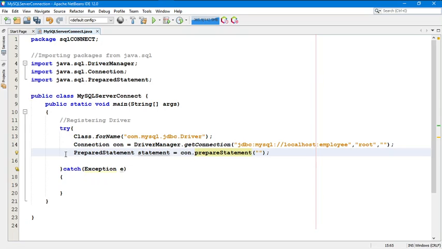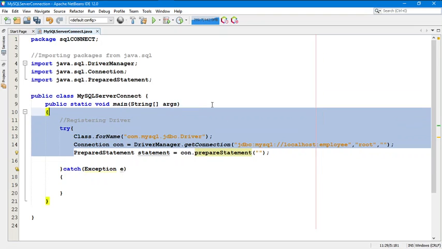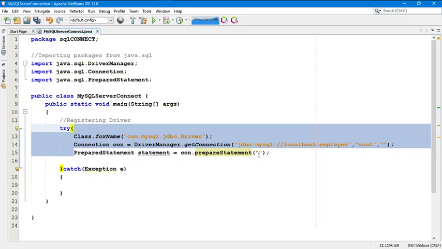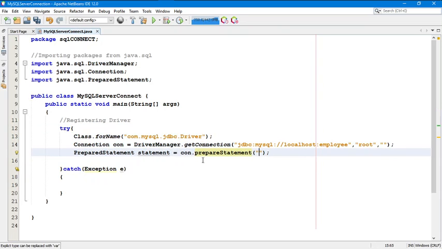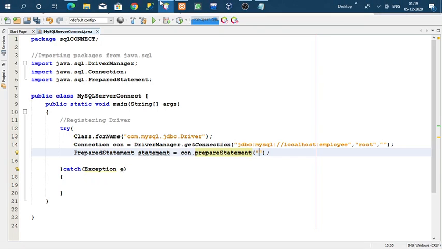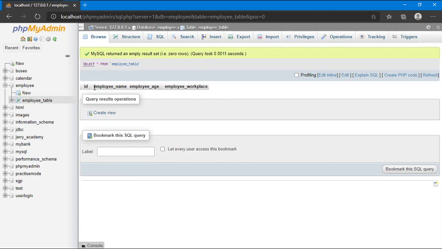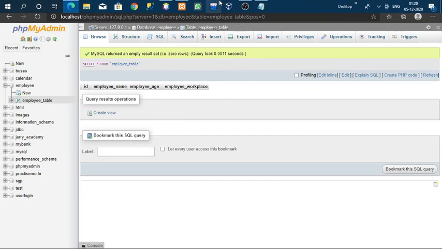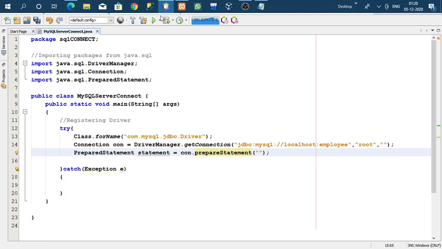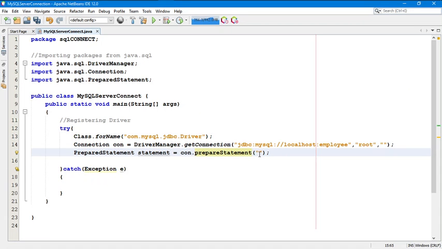The ways are different to connect them. Okay, the ways are different. These are all the ways. The ways are different, but the queries will be the same. So here we will create a statement. Okay, so what we will do, we will insert data in our database. We will insert the data in this table, like id, employee name. We'll insert data with the help of Java NetBeans. So let's create a statement,